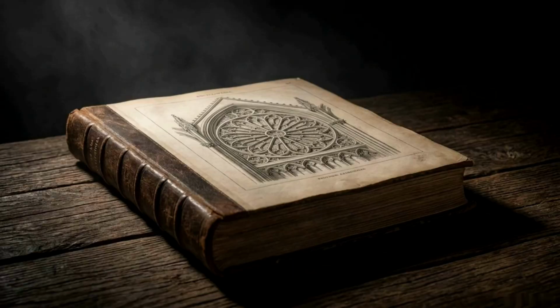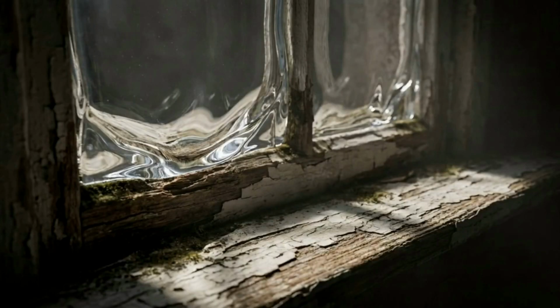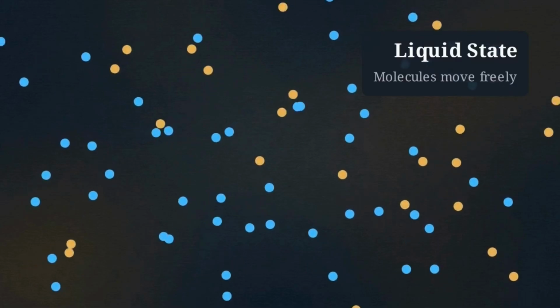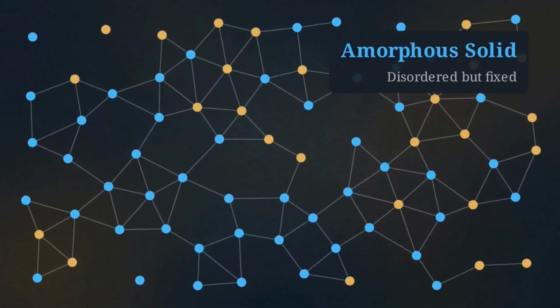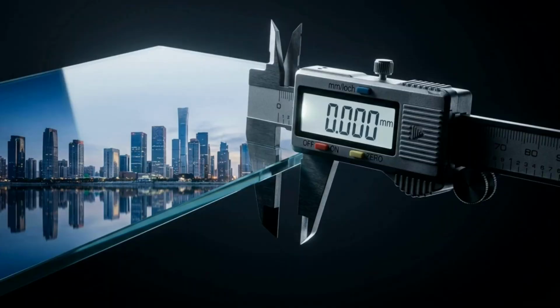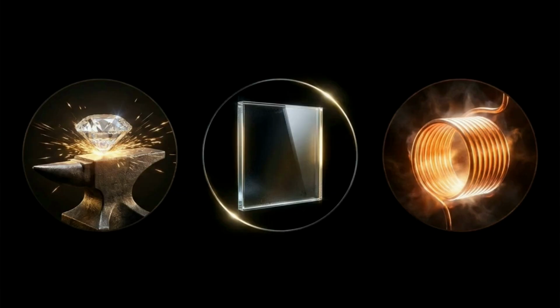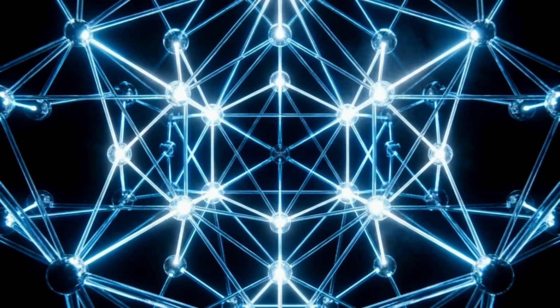Our assumptions about materials often lead to myths, like the idea that old window glass is thicker at the bottom because it flows like a liquid over centuries. In reality, glass is an amorphous solid. Its atoms are frozen in a random, non-crystalline arrangement that scientific measurements show does not shift on a human timescale. The physical properties we observe on the surface, hardness, transparency, or conductivity,